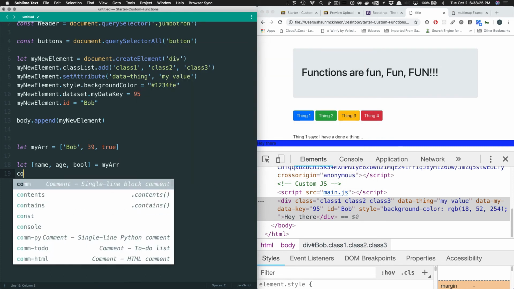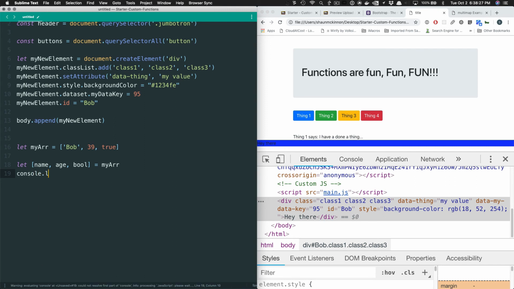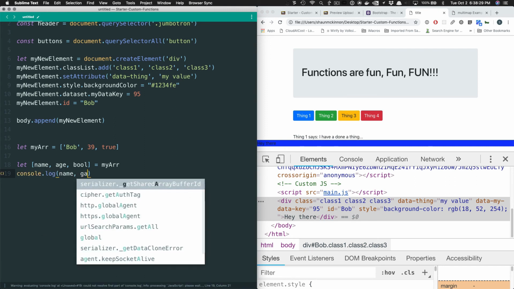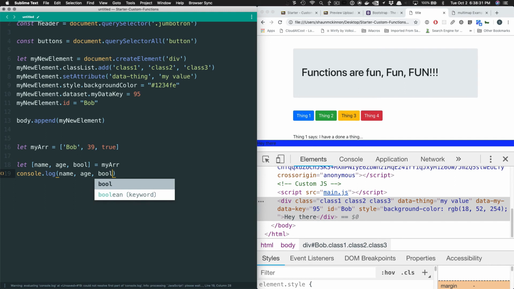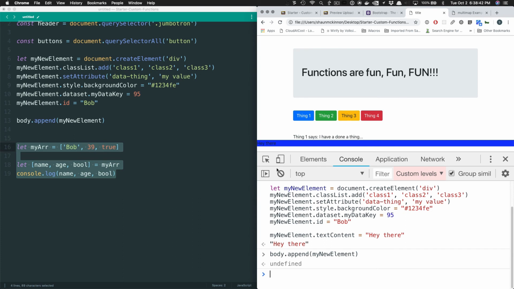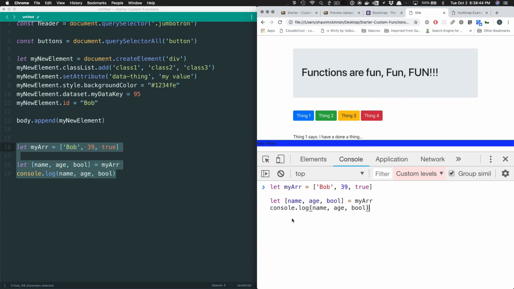Now if I console.log those, name, age, and bool, I'm going to copy those 3 lines and just paste them in here because I don't really feel like saving. Console, clear, paste. We get Bob 39 and true. That's destructuring. Essentially what destructuring does is it takes the elements from your array and assigns it off to the